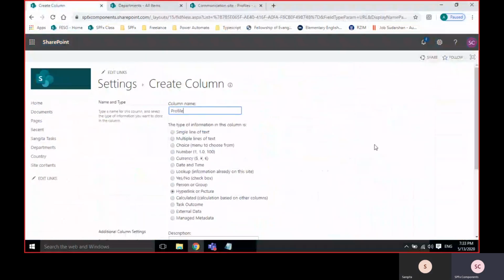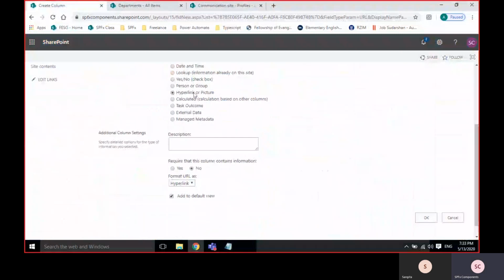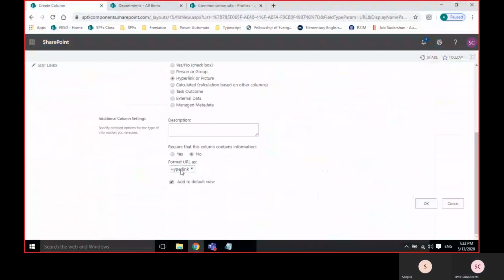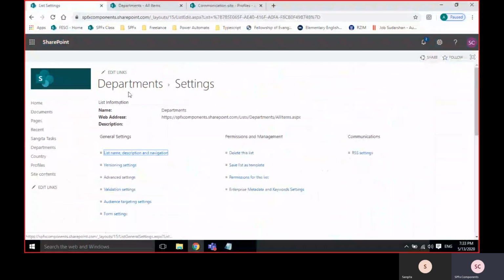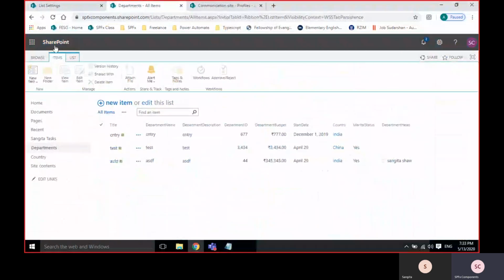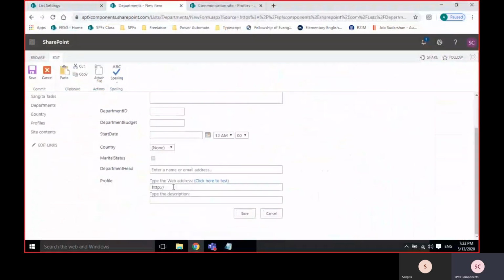Now in Profile I'm giving hyperlink or picture, with format as picture. If you want to show the picture, you have to give the picture; select the picture. We'll see the hyperlink also later. I just copied the URL.